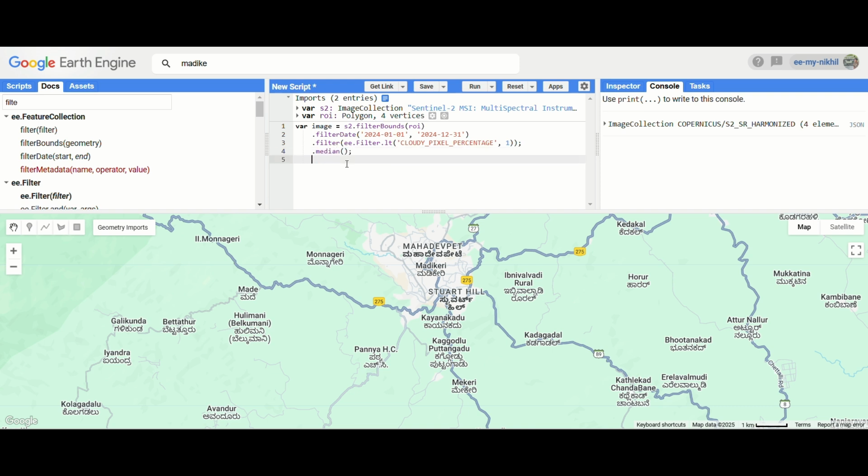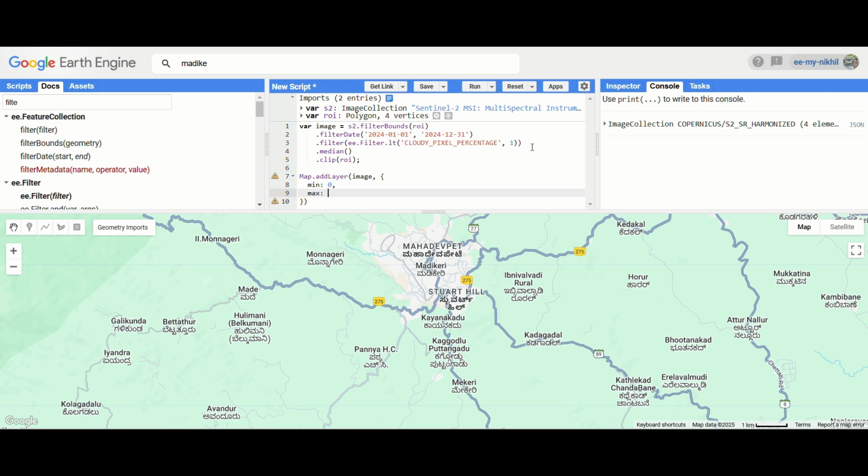Okay, and I also want to clip for my region of interest using the function .clip(roi). So let's add it to the map as a true color composite, Map.addLayer(image), and I should define my visualization parameters. Let's say the minimum is 0 and the maximum reflectance is 3000. So we have not yet multiplied by the scale value,